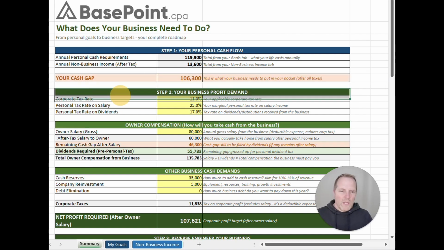So step 2 is your business profit demand. We're going to dive into that here. The first step in that is taxes, because if we don't account for taxes, then our estimate could actually be off by quite a bit, right? Because taxes, unfortunately, are a pretty big part of our lives' expenses and cash flow, and so we do need to account for that. So let's just put some hypotheticals in here. Okay, so corporate tax rate, I just kind of plugged in what we have for our jurisdictional corporate tax rate